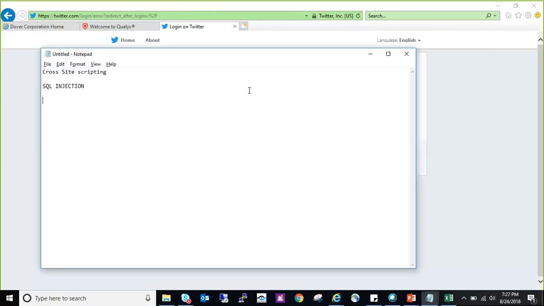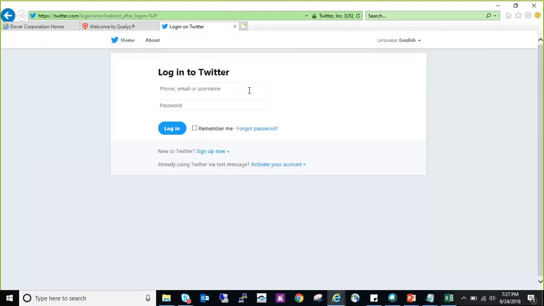So cross-site scripting and SQL injection are all web application vulnerabilities, where cross-site scripting is an attack in which a hacker will try to find a spot where they can inject script, okay? JavaScript or something there, using which they can get more information. So for example, there are separate tools that you can use, like Burp Suite. I don't know how many of you have heard about Burp Suite. That's a tool that is used for